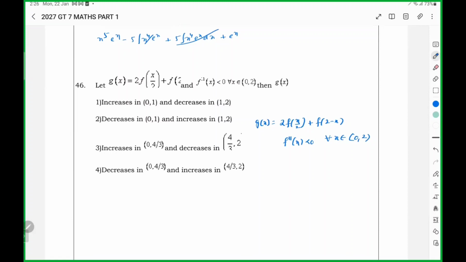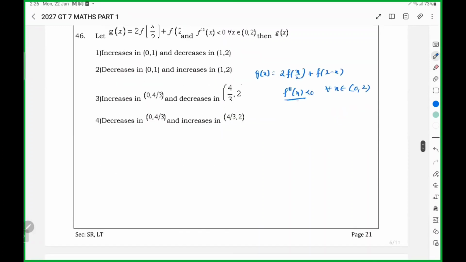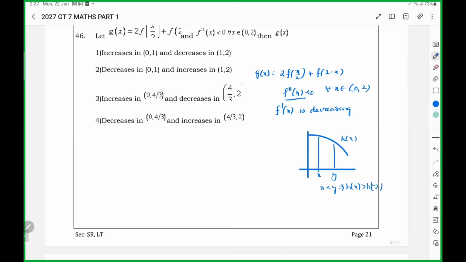This was the question. So f double dash x less than 0 means f dash x is decreasing. So the graph of any function that decreases, say some function h of x: if x is less than y, then h of x is greater than h of y. So here